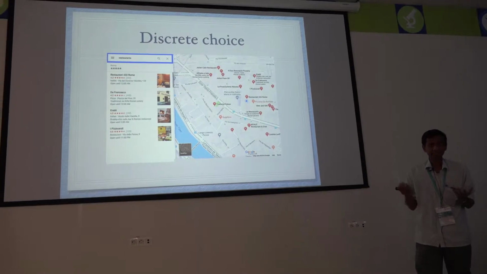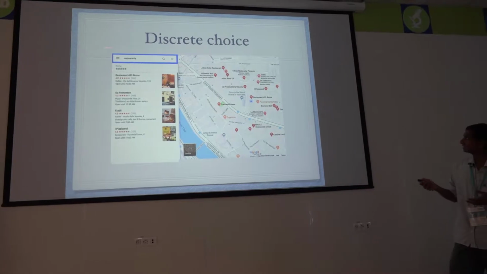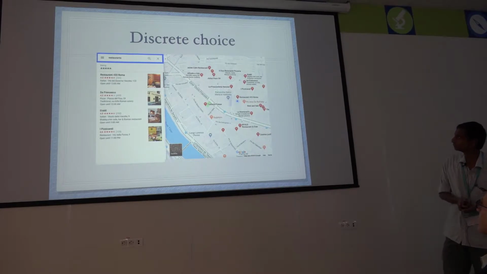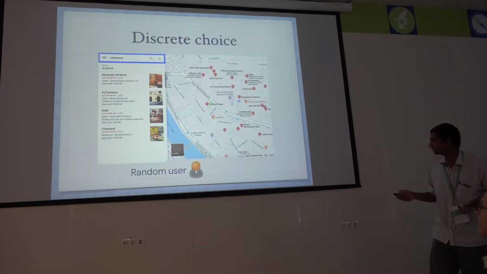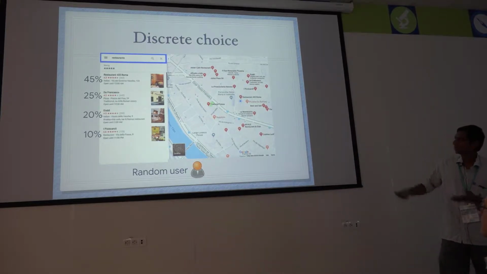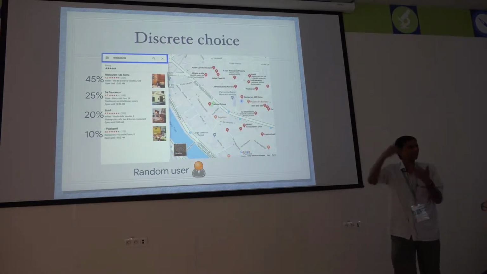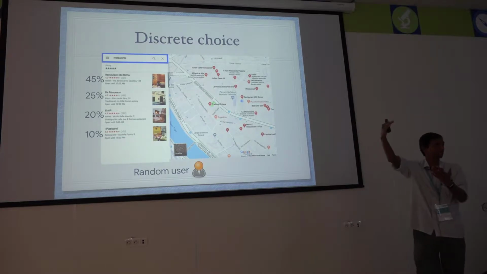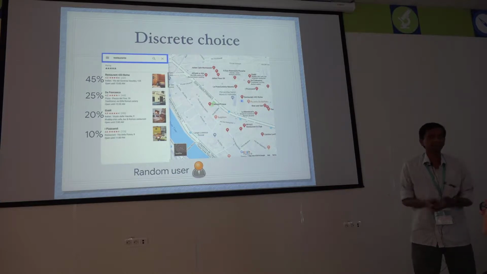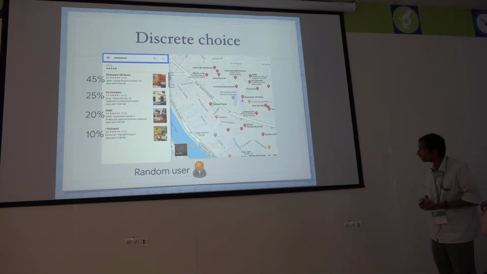And here is a more compelling example. This is Google search in Rome, and I want to go and eat at a place. So I search for restaurants, and I'm given a bunch of results here. And I'm a random user, and I pick. This is a probability with which Google knows that I'm going to pick. So it's in Google's best interest to show the answers in this sorted order, because they want to maximize the probability of picking the top result, or in which case they want to show results such that I'll be happy with the top ones, right? That's a general goal. So here I might pick this one with probability 45%, 0.45.